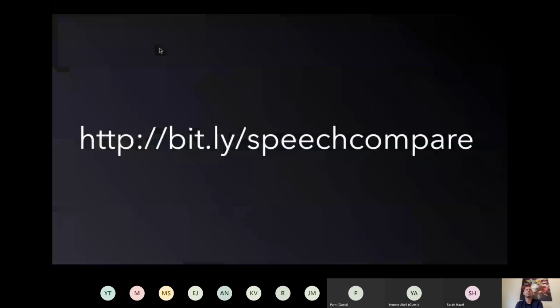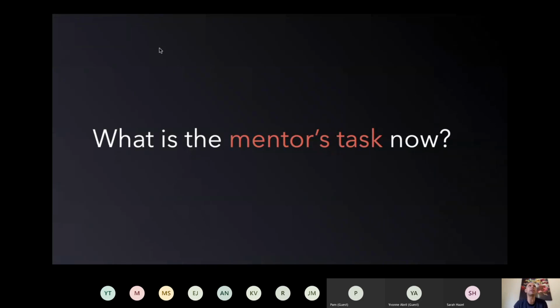Okay, so what is the mentor's task now? In the last class, the mentor had to really solidify what you were actually doing. Let's put some labels on it. What you were doing was finding the distance around something. Oftentimes when that's a circle, we call that circumference. Let's derive a model or an equation we can use to find that. Let's use that model now to solve that problem. That was the mentor's task.